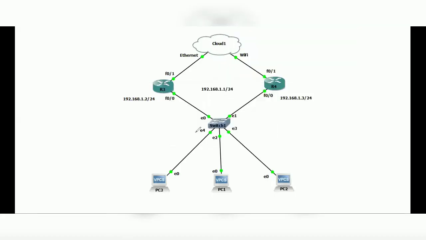Hello friends, welcome back. In this video, we are going to be learning HSRP. HSRP stands for Hot Standby Routing Protocol. It is a first hop redundancy protocol, which means this protocol is used to protect the default gateway of our network. So the basic functionality of first hop redundancy protocol is to protect the default gateway of our network, because